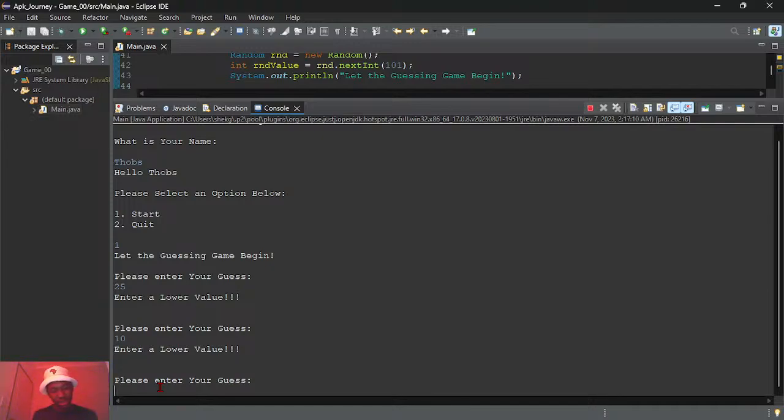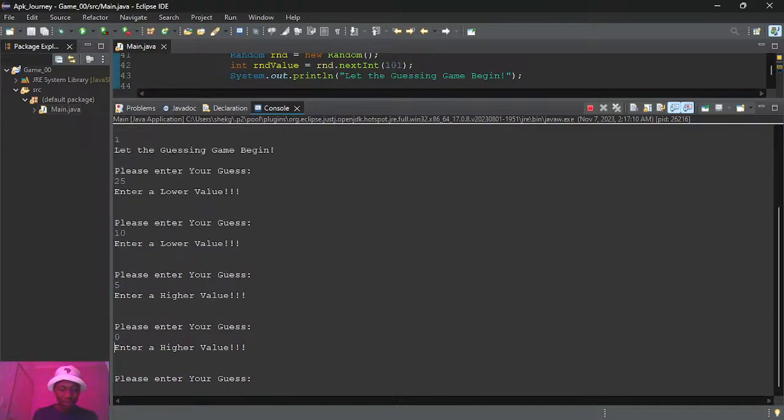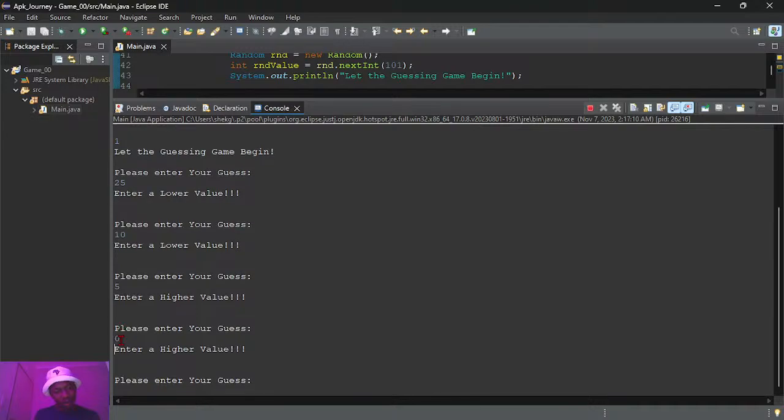Yeah, this spacing here is a lot. Please enter your guess. It's so low. Let's say 5. Nah, there's something wrong. Let me say 0. How many times did I input? Oh, okay, this is the game. 1, 2, 3, 4. Okay, now this is for the last time.